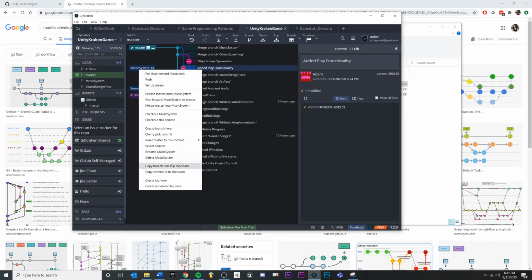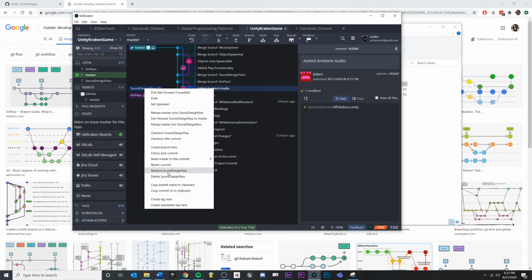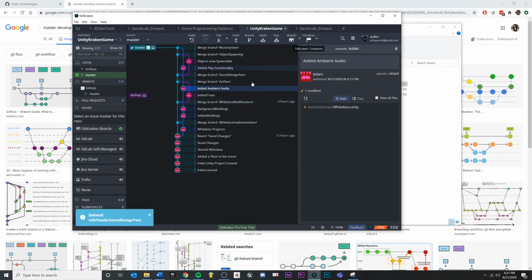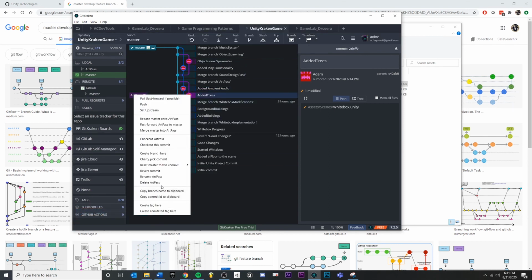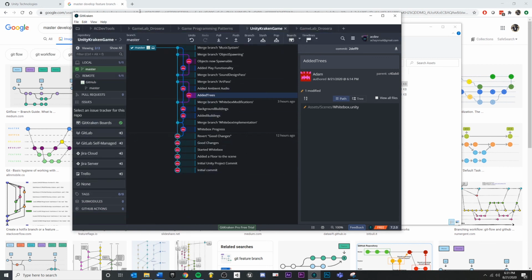We also don't need the music system. Let's say we finish that. Also finish sound design. Sound design's never finished really. Same with art. Okay, so we're clean, we're up to date, and we looked at a few different ways to solve merge conflict